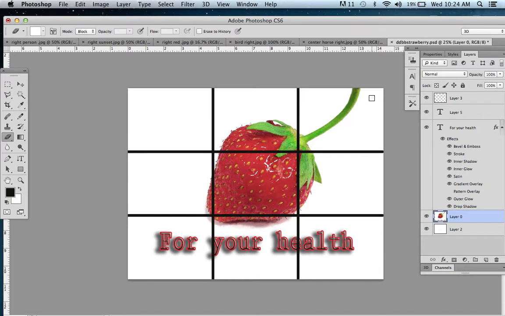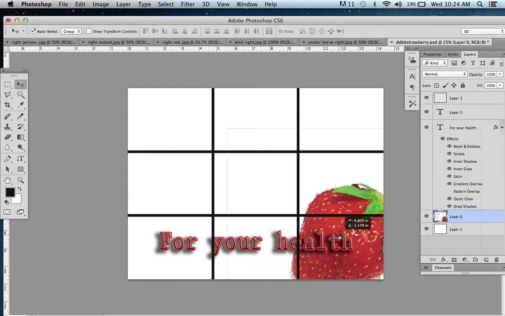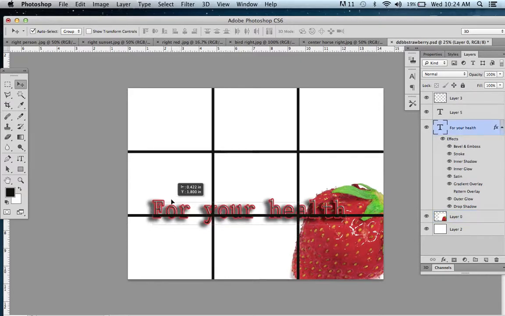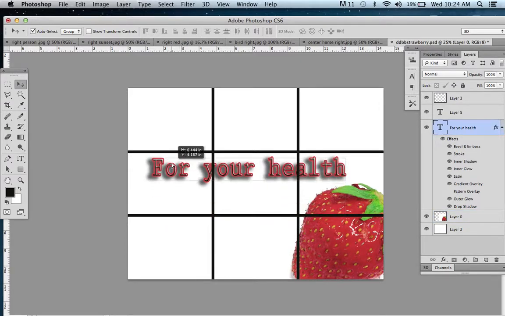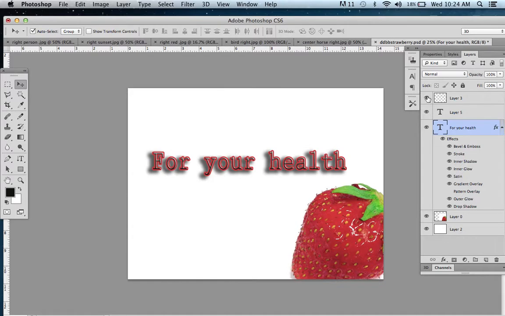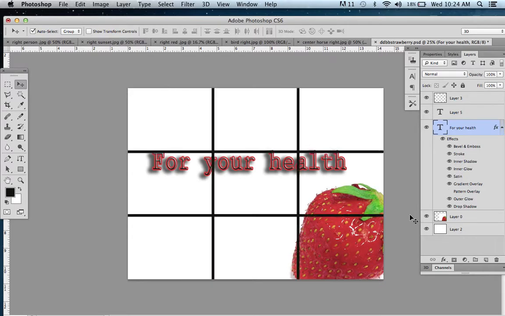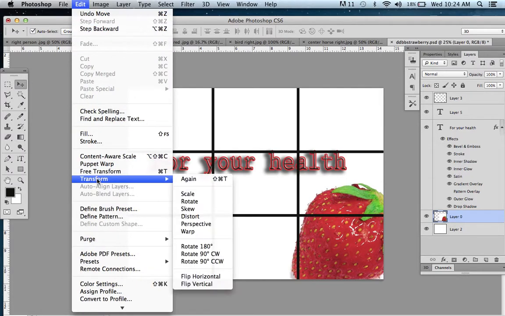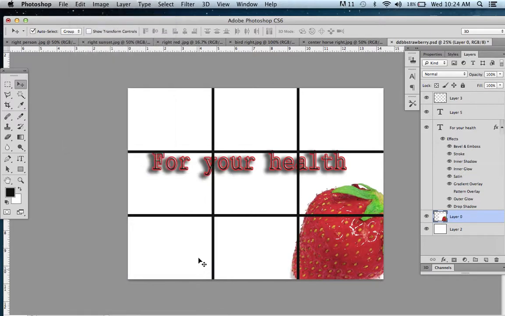hit Command Z to bring the stem back, and we could take this and put it down in this quadrant, and I guess you could have it come off the page. And if I put this here away from the strawberry so the letters are visible, that's rule of thirds. Or we could simply go to our strawberry and go Edit, Transform, and let's flip horizontally